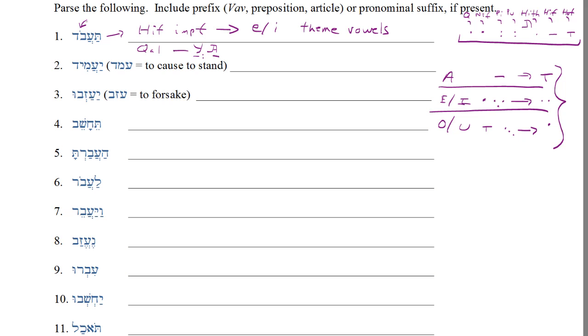Here we see an O class theme vowel, and of course our kal can have O class or possibly an A class theme vowel if that third root letter is a guttural. But a kal will not typically have an EI class theme vowel in the imperfect. So we look at this, we see this O class theme vowel. This means that we are looking at a kal, not a hiphil. So we're looking at a kal,